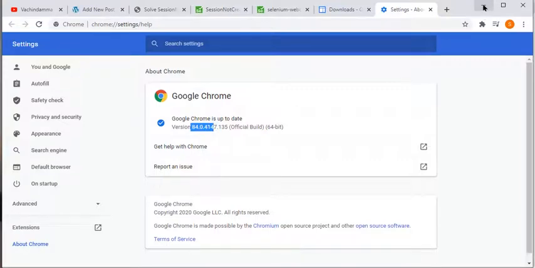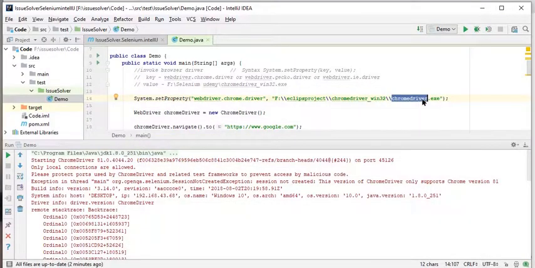There are two things I can do to solve this type of issue. One is to downgrade your Chrome browser. Generally we don't do downgrading, as it is recommended to test our code on certain versions of Chrome only. The second thing is to upgrade our Chrome driver.